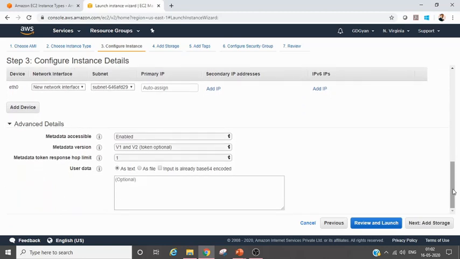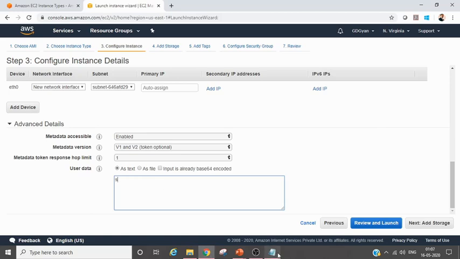Metadata. Okay, now this is very important. This is the user data, that you call a Bootstrap loader. When your EC2 instance is being created, I want the device to have Apache installed and a web page set up so that I can access it immediately. I'll show you that now.